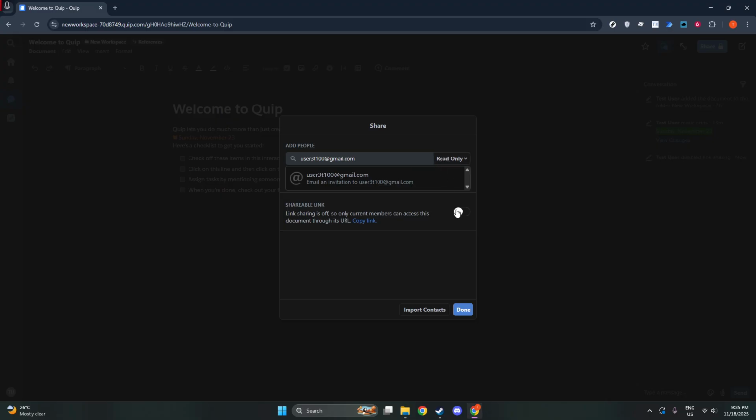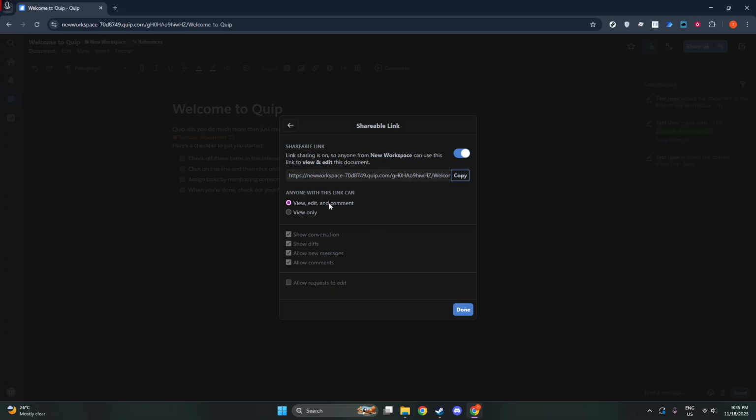If you prefer sharing via a link, generate a shareable link in the dialog. In the link settings, choose the access level for anyone with the link: view only, view and comment, or view and edit. If you need to share with people outside your organization, toggle on Allow Access Outside